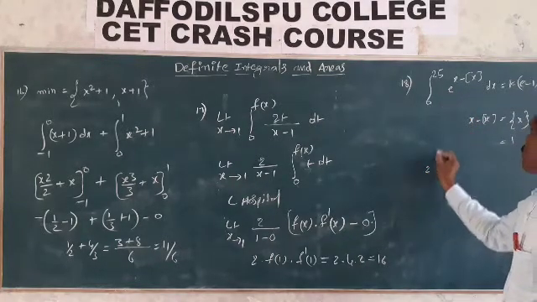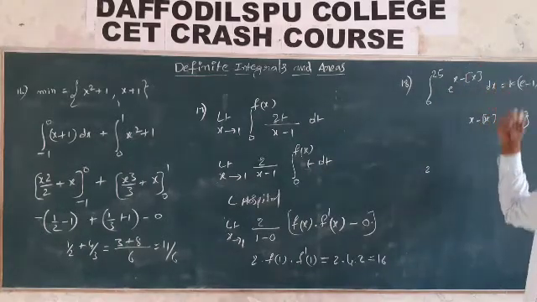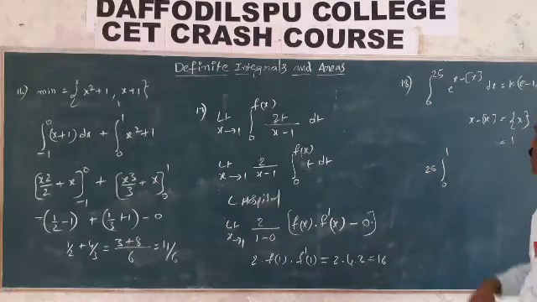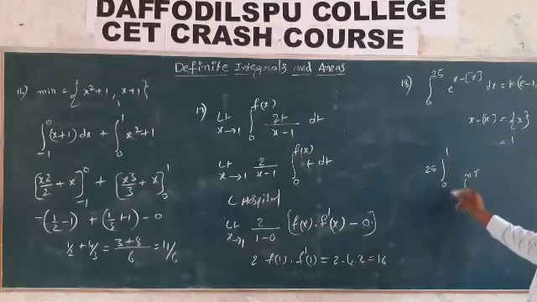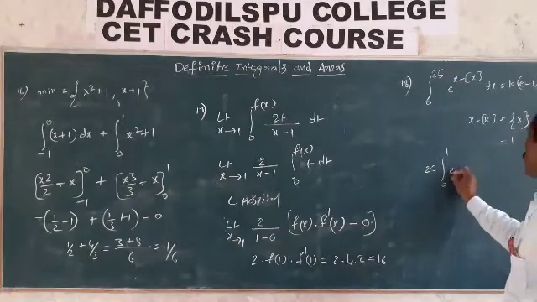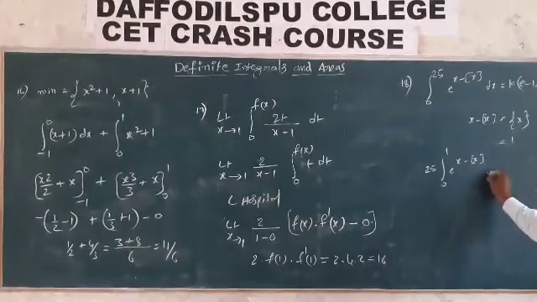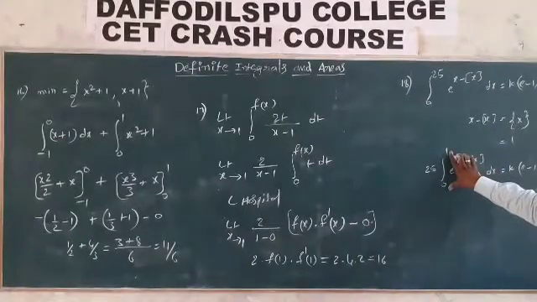Period equal to 1 means 0 to 25 can be split into 0 to 1, 1 to 2, 2 to 3, 3 to 4, 4 to 5, like that until 25. By the time period definition, that is equal to 25 times the integral from 0 to 1. The formula is there: 0 to n into t, so n into that, which is 25. So 25 times the integral 0 to 1 of e power x minus step x, this dx, is equal to k of e minus 1. Here step x is there, under the limits between 0 to 1.